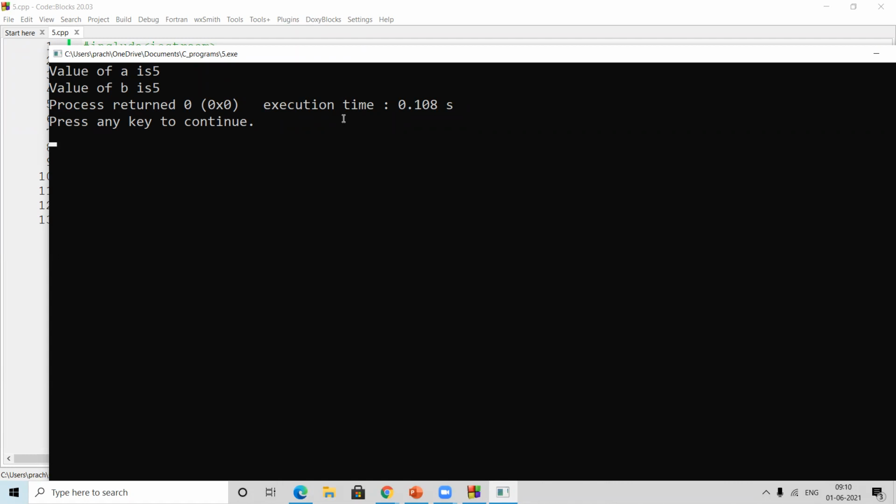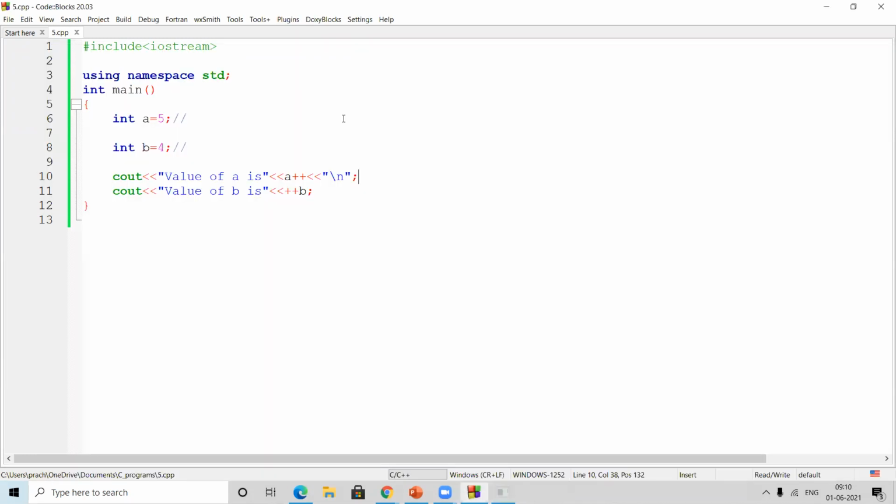Yes or no? If I write here "value of a after incrementation is", I'll just put the value of a here. We'll check whether it is incrementing or not.